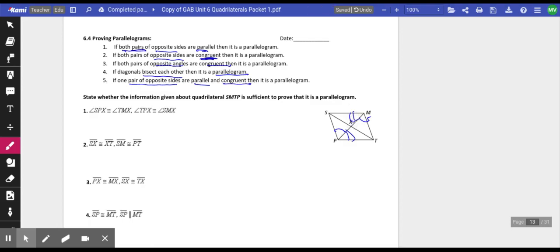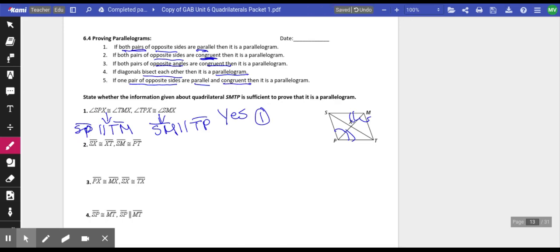And in fact, that is enough information because I can use the first pair of angles to say that SP is parallel to TM. And I can use the second pair of angles to say that SM is parallel to TP. So yes, because that would give me choice number 1 up there, which is if both pairs of opposite sides are